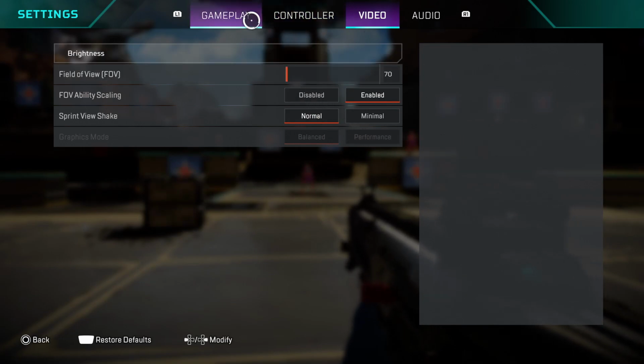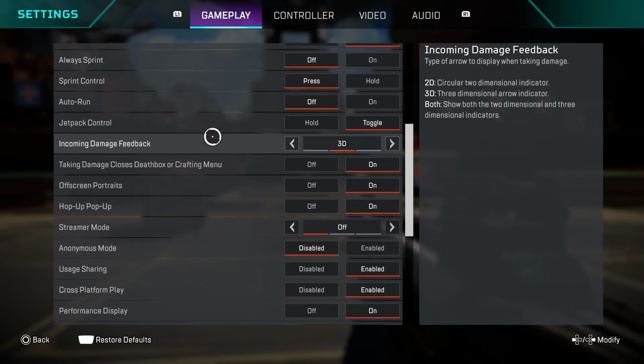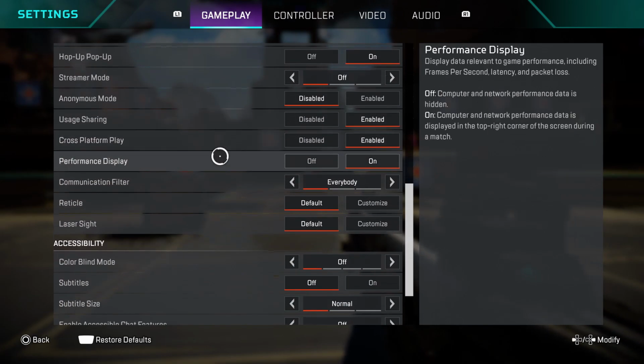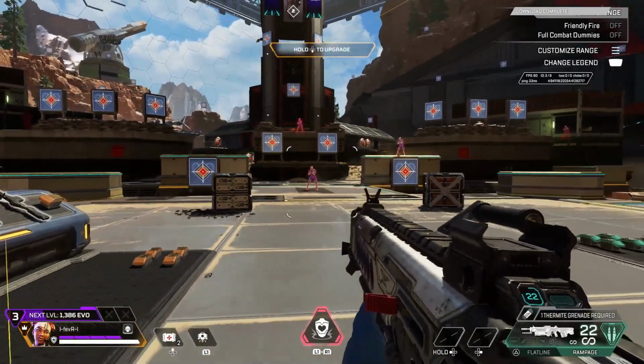So the next thing I recommend you do is go up to gameplay at the top and scroll down to near the bottom. And once you get near the bottom, you'll see the performance display, and you want to toggle this feature on. Now when you're in game, you'll be able to see latency as well as frames per second just in the top right